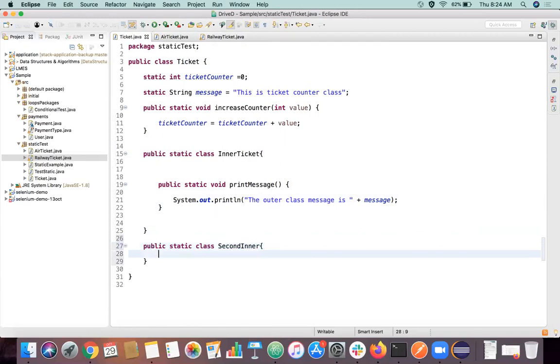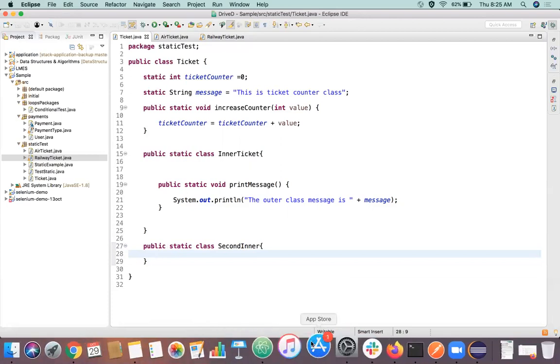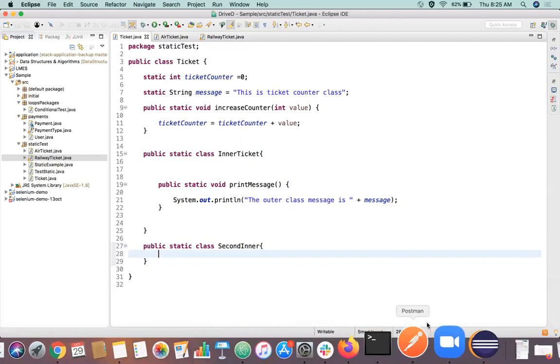You can create n number of classes like this in one particular class. That is also possible, right? You're okay with static, right?